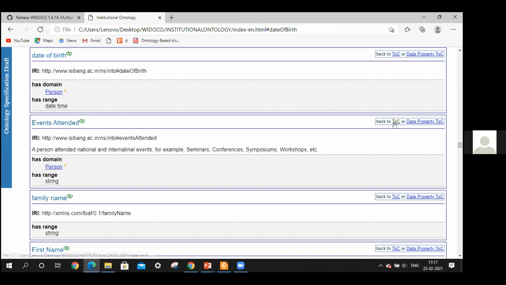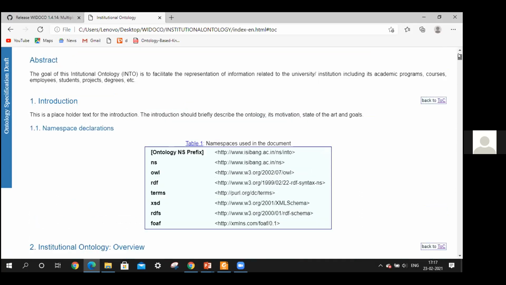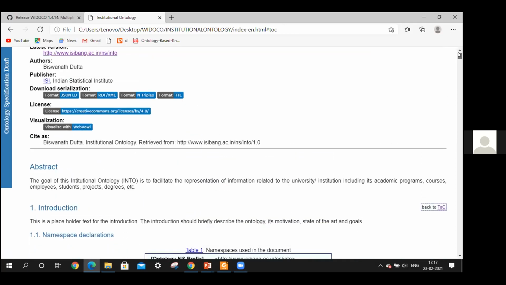So we can also go to the table of contents from here. You can see the table of contents is missing. Yeah, the table of contents is missing here because when you are running locally and putting everything on one single page, you don't see it, like earlier when I was showing the other page, which is running on the web, the real page.